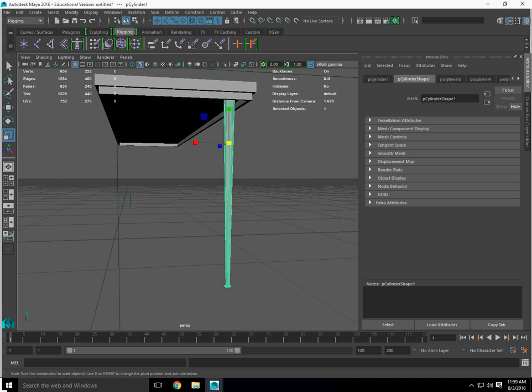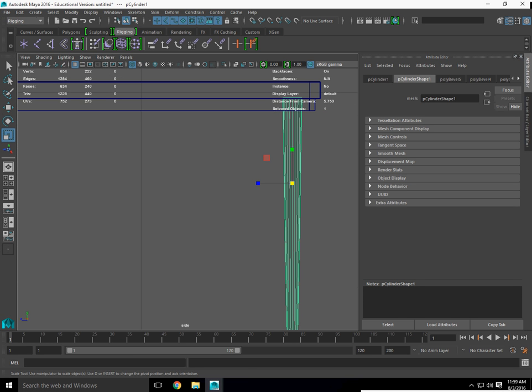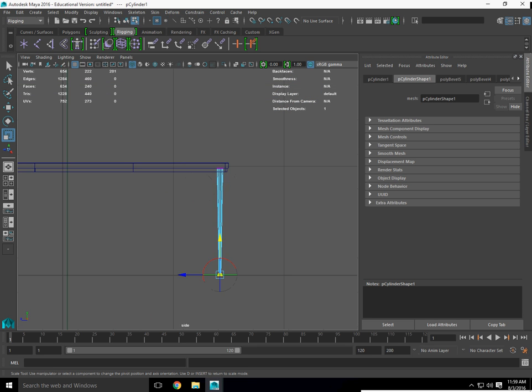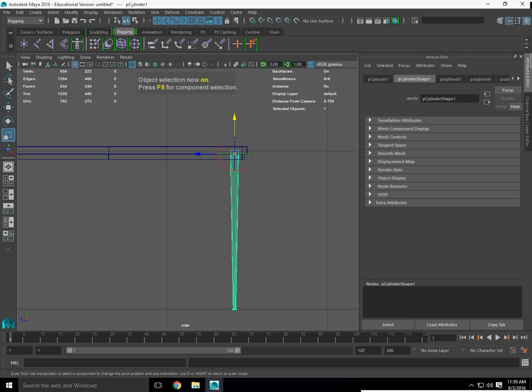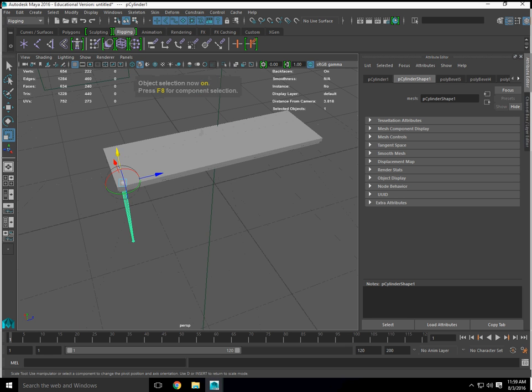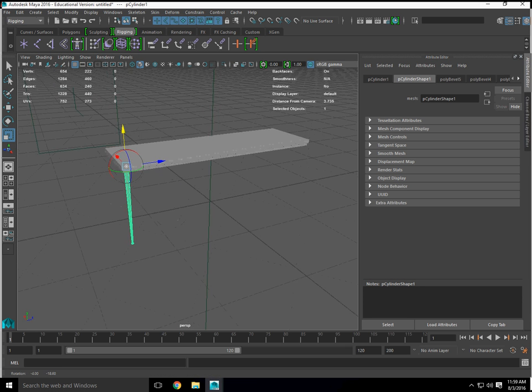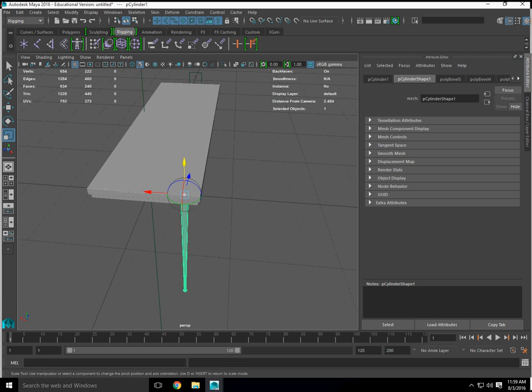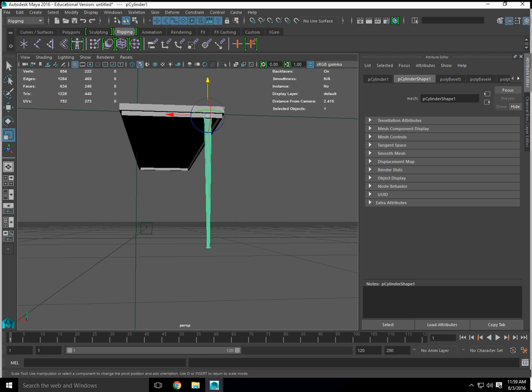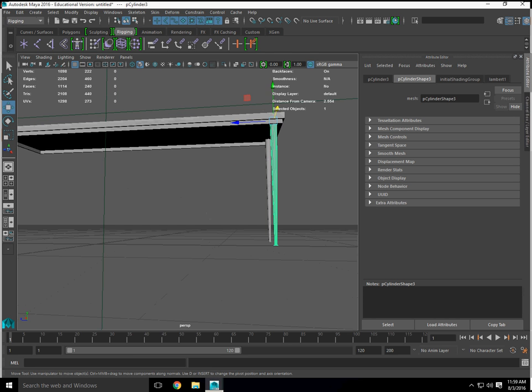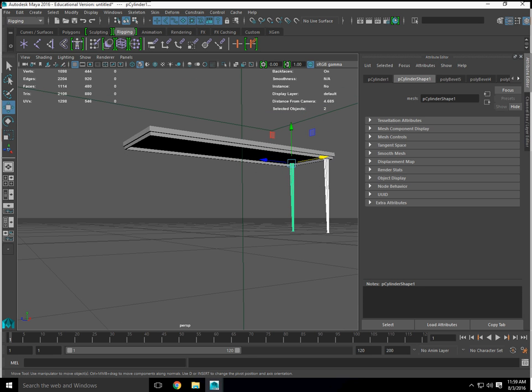Now the other thing I'm going to do is the center point for this. Take it and drag it to the top of there. And one thing I haven't done was name my geometry or finish it up. Now, this will be my basic table, and I'm just going to end up duplicating the legs. And duplicating those